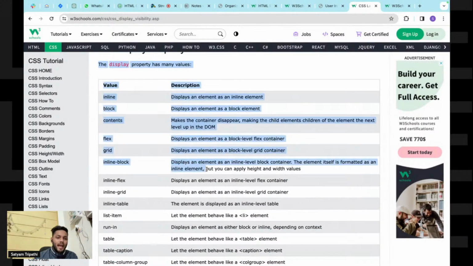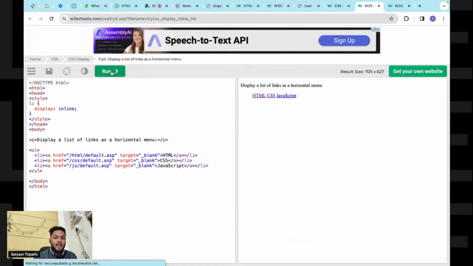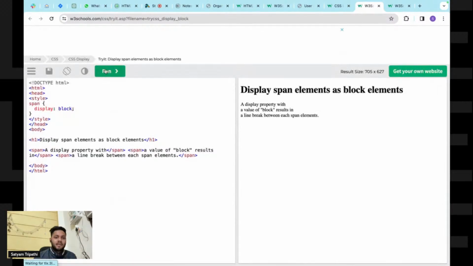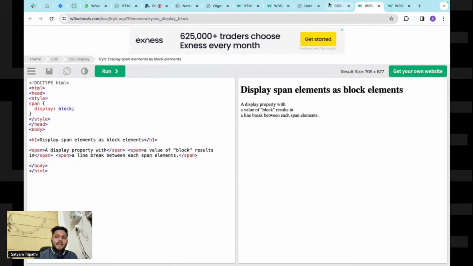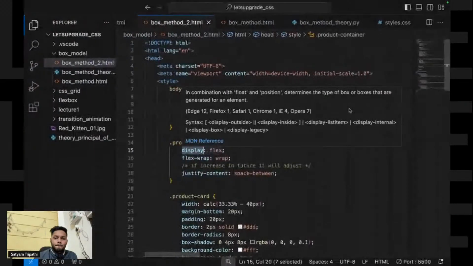These are the different values inside your display property, like inline, block, content. If you want to execute inline, it will look like this. If I talk about block, it will look like this. So right now what we are basically doing is